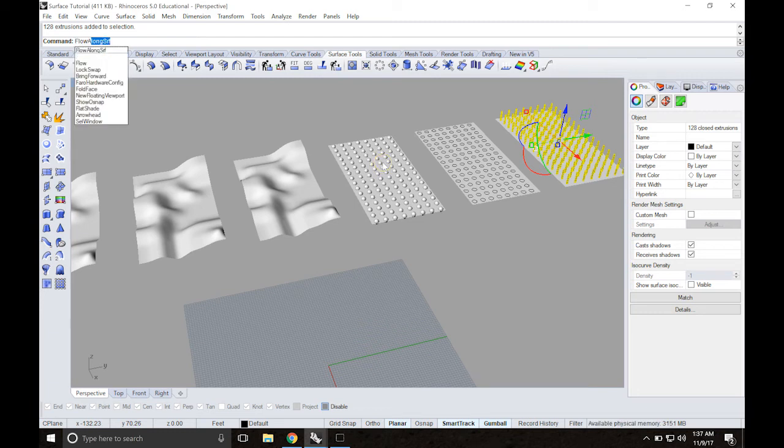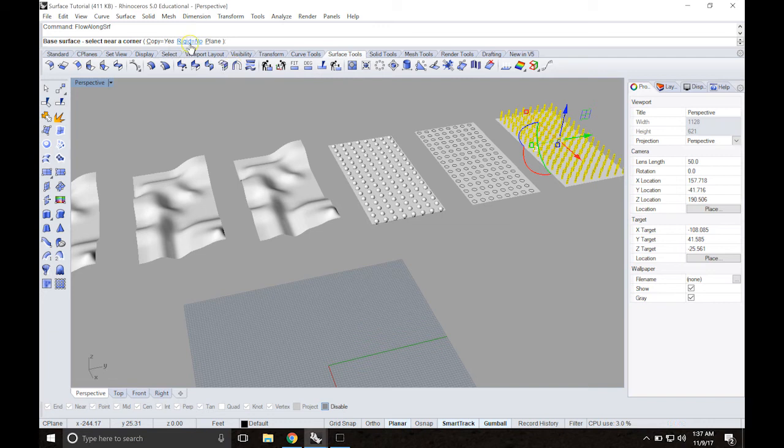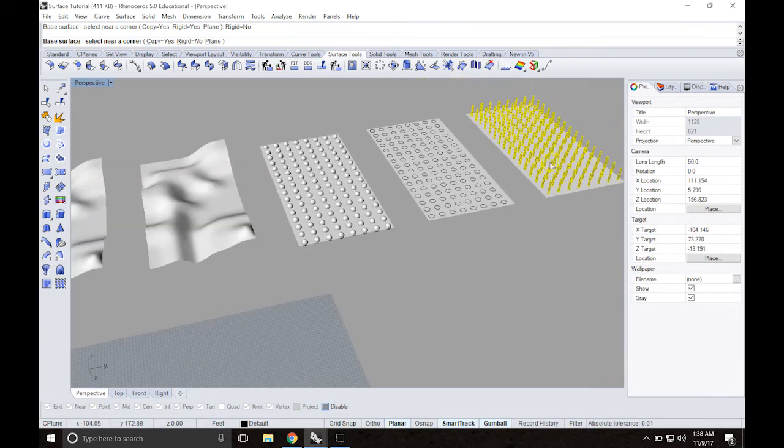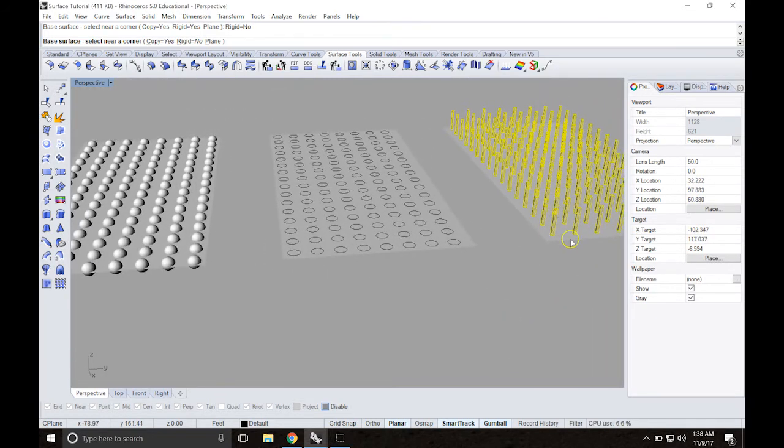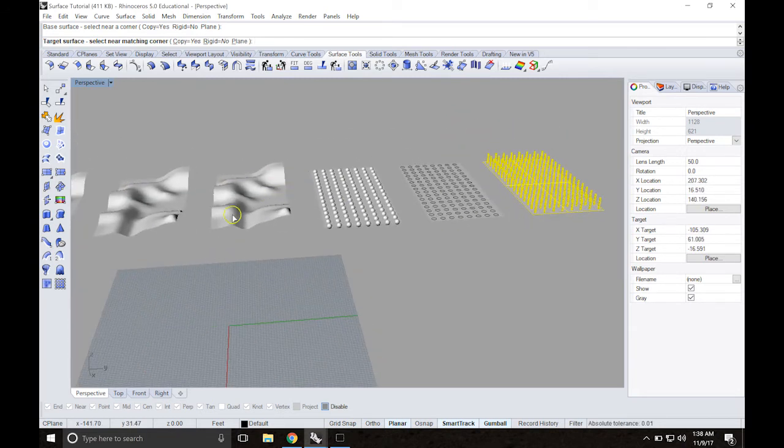So if we do flow along surface again, that option is this rigid option. If we choose rigid yes, then there will be no distortion of our 3D geometry whatsoever. It will stay the same. It will just be tilted to be perpendicular to wherever it's placed on the surface. But if we check that off and rigid is set to no, then the geometry will actually be distorted based off of the slope of the surface wherever that individual piece of geometry landed. So I'll show you the difference between the two of these. We have rigid off right now. It says no. We'll go in and select our base surface. Excuse me. Here we go. And then we'll go over here, select the same,